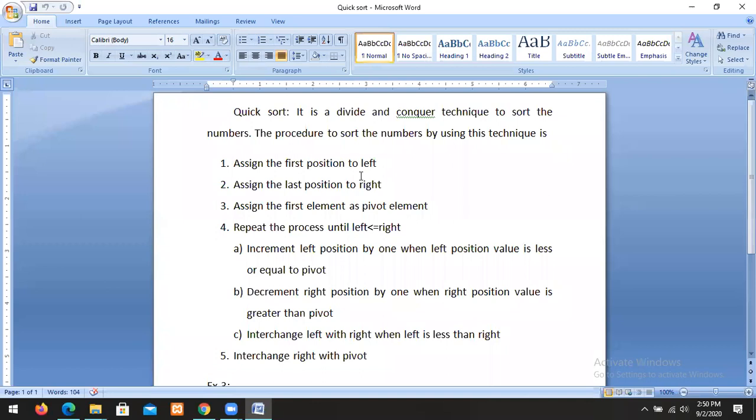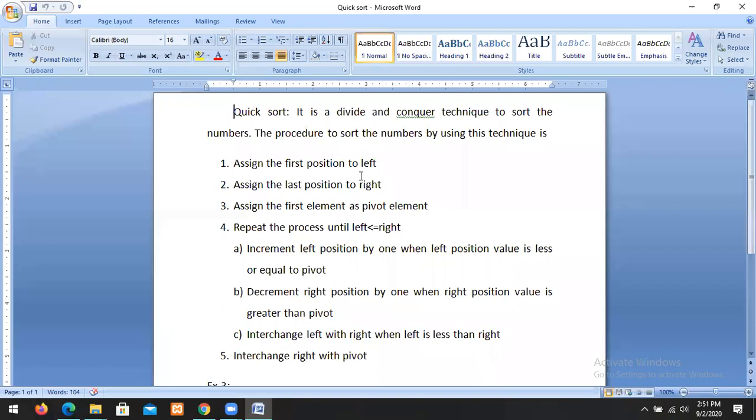For each pass, you have to do the process continuously until left is less than or equal to right. So what can we do? Increment the left position by 1 if the left position value is less than or equal to the pivot.